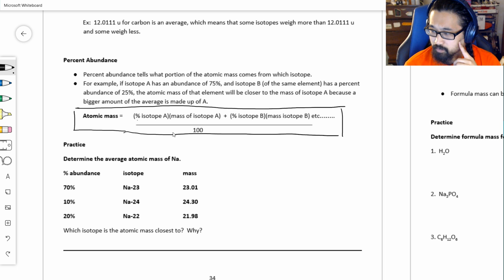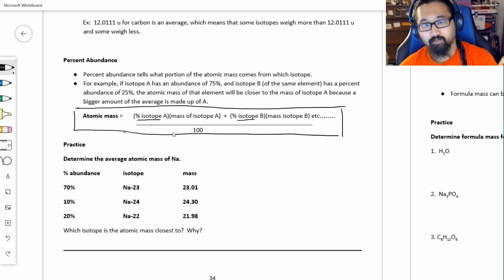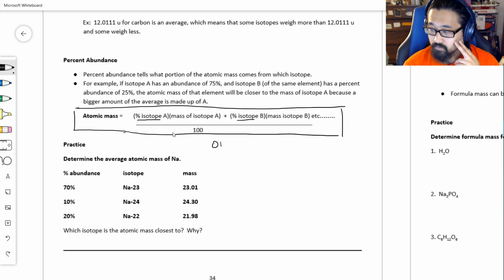We have this percent, and then it says etc., because if you have more than two isotopes, you need to continue to add them together. So percentage times mass of isotope A plus the percentage times mass of isotope B plus the percentage times mass of isotope C, and so on for however many isotopes you have, all divided by 100, or